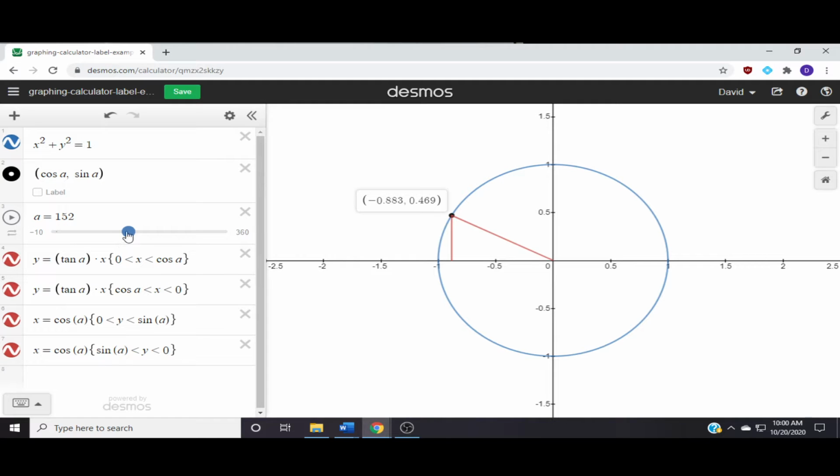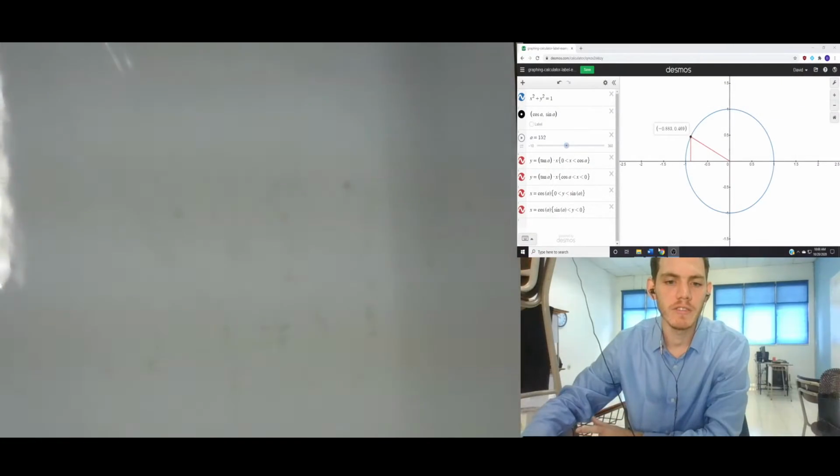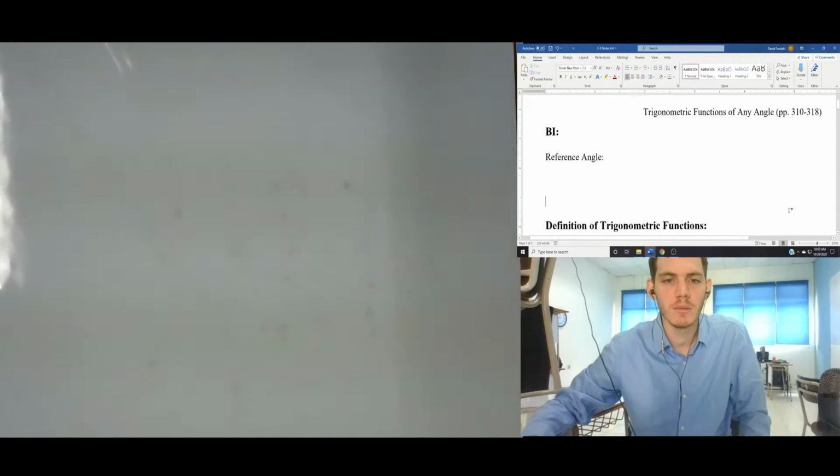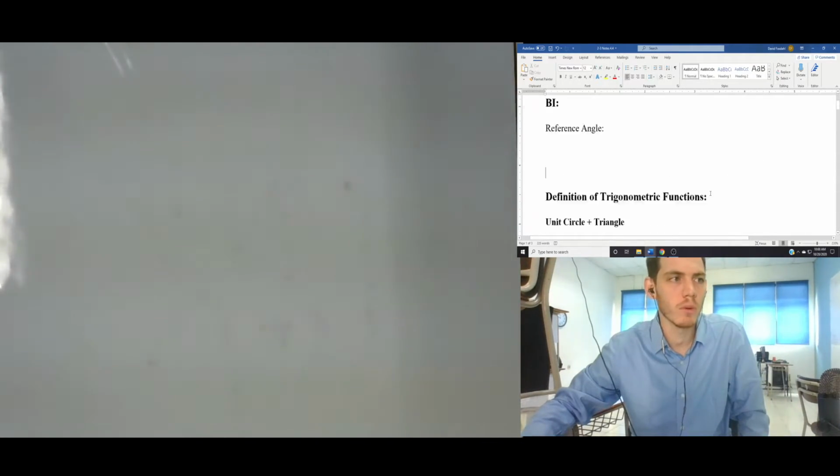So we're going to look at something a little bit different: whether or not we can find sine and cosine for any angle. We do have one definition, reference angles, which we'll cover in a little bit. Let's zoom in. We are covering section 4.4 today. So, a few definitions. Let's remember